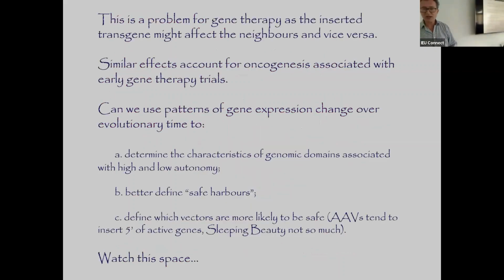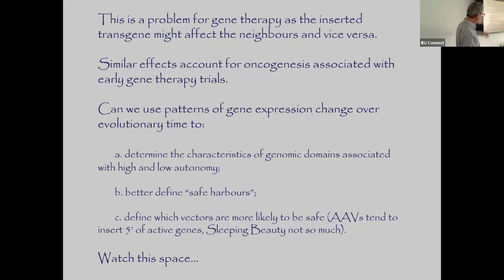So genes most assuredly are not autonomous. And as we said, we know this lack of autonomy is important. The first gene therapy trials actually had to be stopped, and they were stopped because the gene had inserted next to an oncogene, it had upregulated the oncogene, and it killed the patients, which is of course not what you want to do. So we're using the way gene expression changes over time to attempt to define genomic domains that